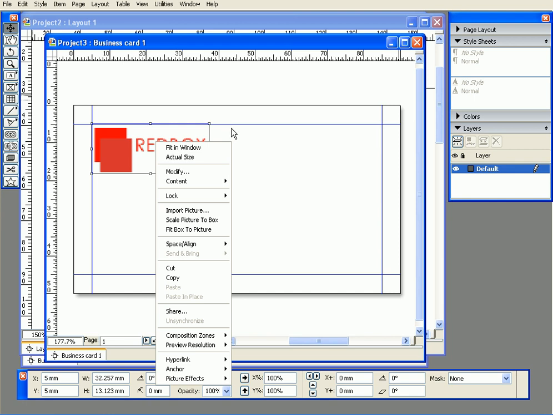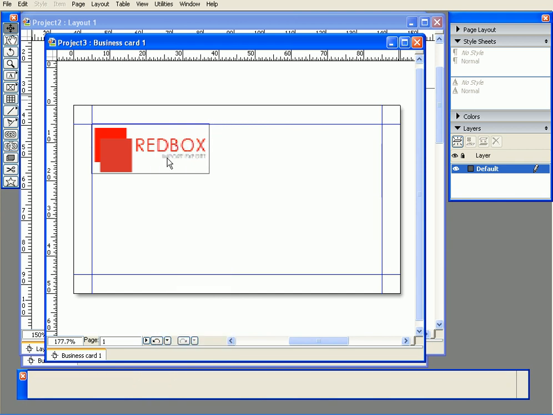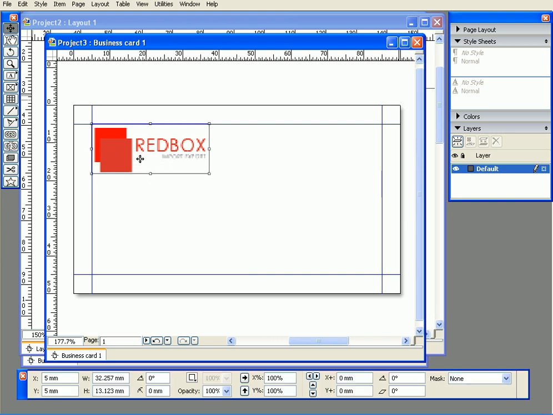If the image is too big and I want to fit it inside a small box, I would choose Scale Picture to Box. But it's preferable to get the image with the proper size from Photoshop. So now this is my